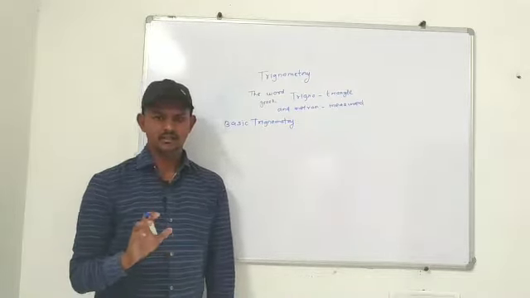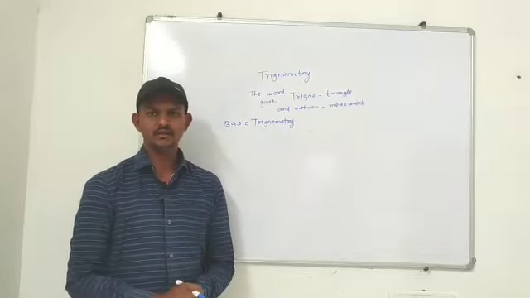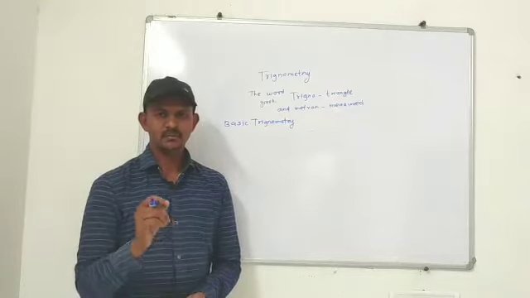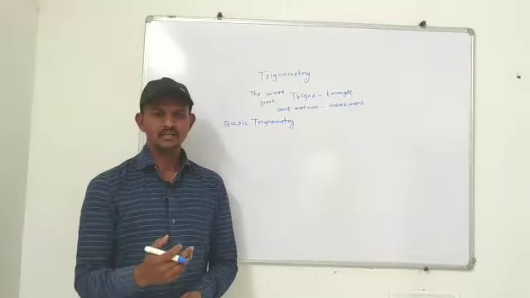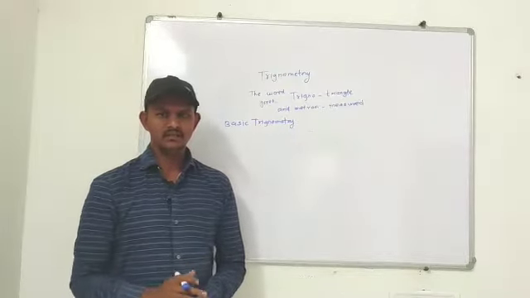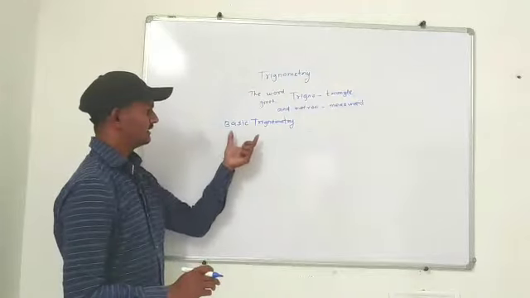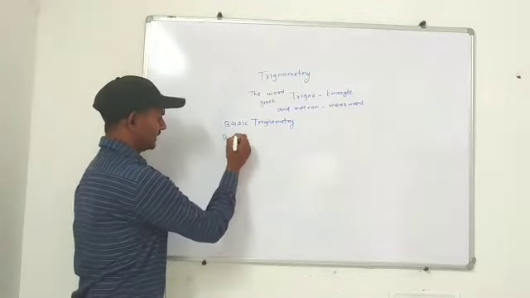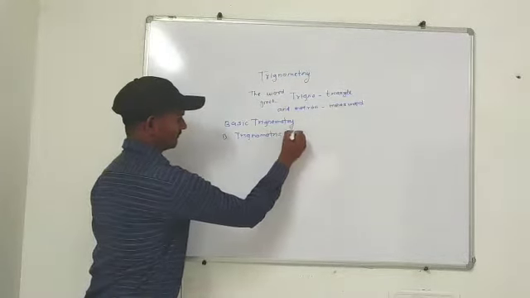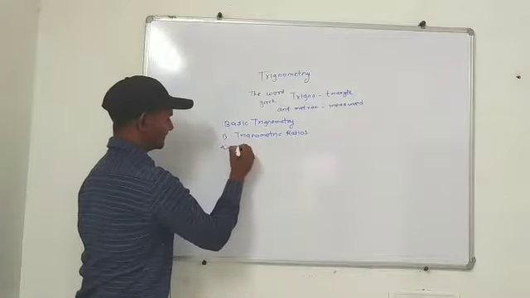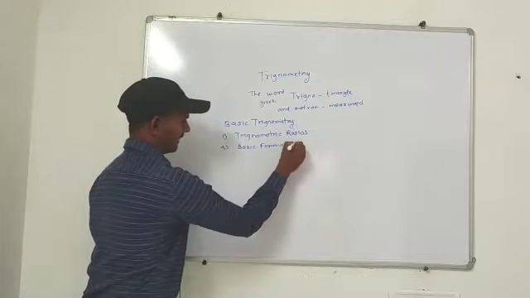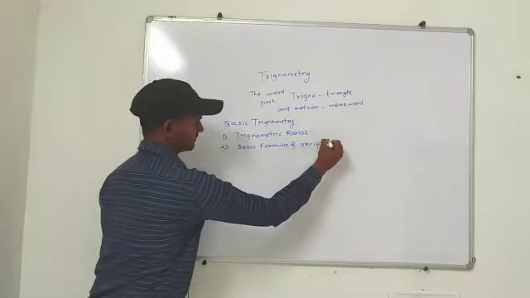Everyone, remember that trigonometry is only used for the right angle triangle. In a right angle triangle, the most important theorem is the Pythagoras theorem. On the basis of this theorem, we can find the trigonometric ratios. Today, in the basics of trigonometry, we learn first the trigonometric ratios, and second the basic formulas and reciprocal identities of trigonometry.